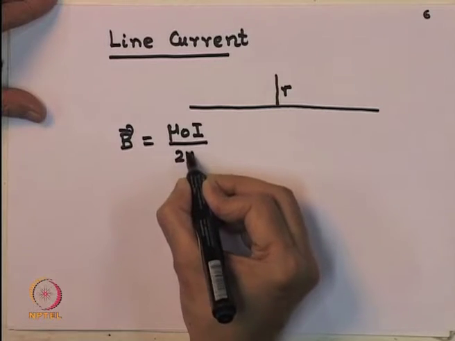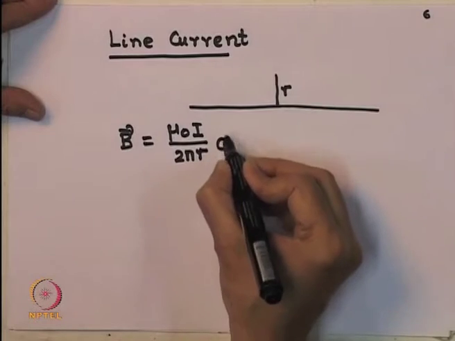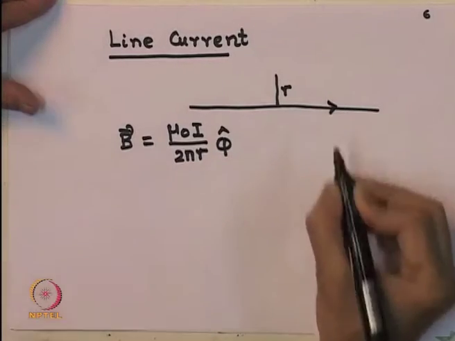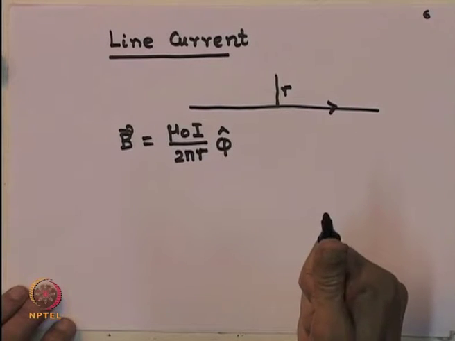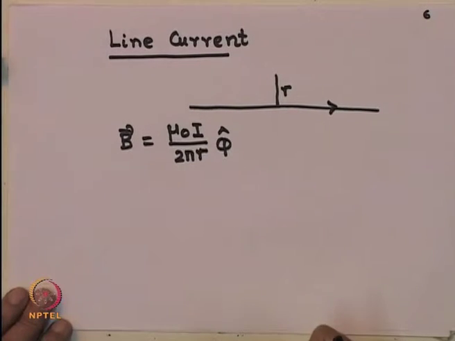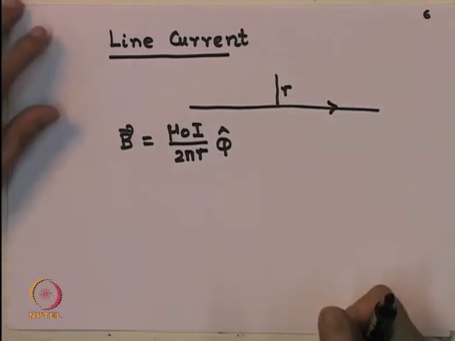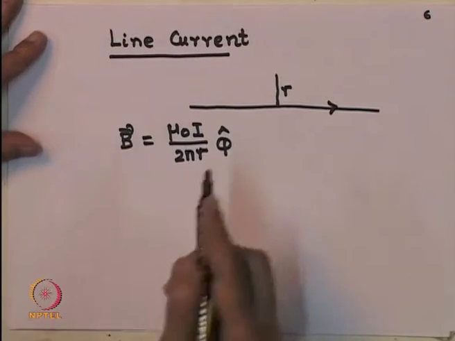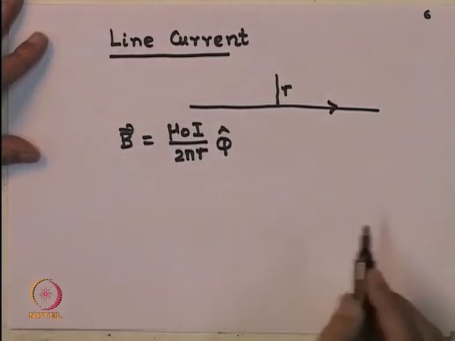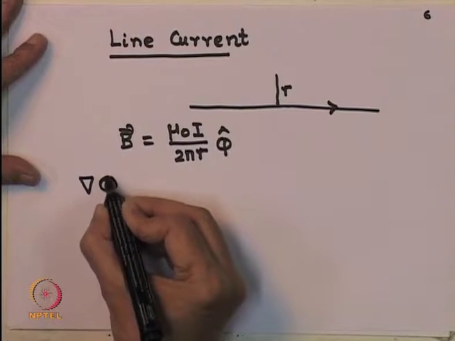R is the distance from the line, and I know its direction is the azimuthal direction. We had seen that what you have to do is to hold the wire with your thumb pointing in the direction of the current, and then the way your fingers curl will give you the direction of the magnetic field there. Now, since I have a cylindrical symmetry, let me look at what the gradient looks like